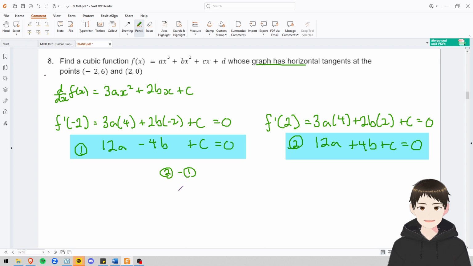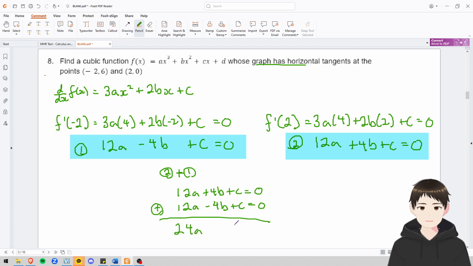This is going to be 12a plus 4b plus c, minus 12a minus 4b plus c equals 0. I have 24a, 0, 2c equals 0. Divide both sides by 2. I have 12a plus c equals 0. And,